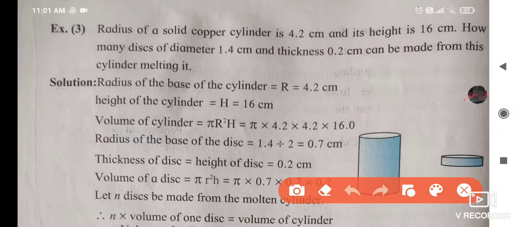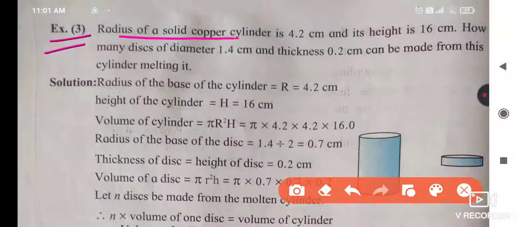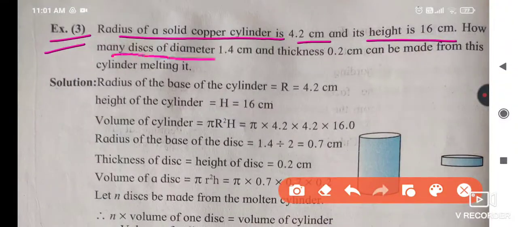So here it is example number 3. Solved example number 3. The radius of the solid copper cylinder is 4.2 centimeter. Height is equal to 16 centimeter. How many discs of diameter 1.4 centimeter and thickness 0.2 centimeter can be made from this cylinder,